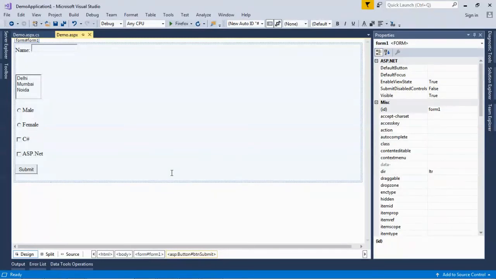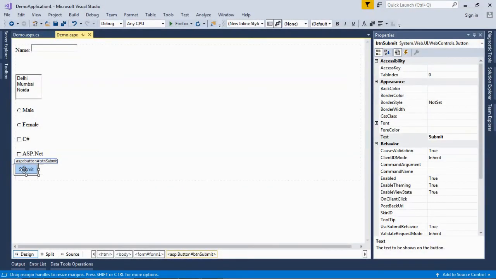In a web form, we can add code to the corresponding ASPX.cs file. This code can be used to perform certain actions when a button is pressed on the form. This is generally the most common event in a web form. Let's see how we can add the events for this button control. I am selecting that button control. We can press Enter or double-click on that control also to add an event handler.